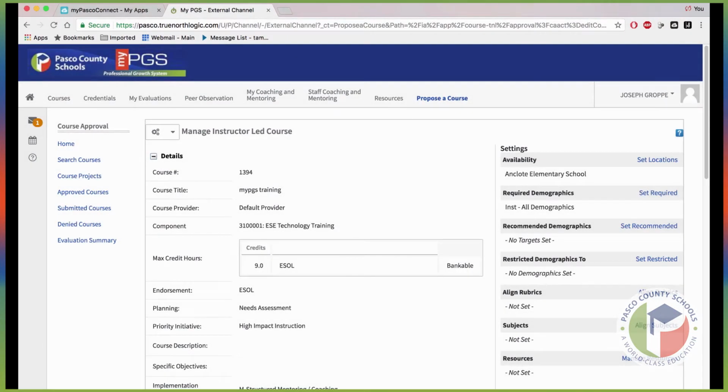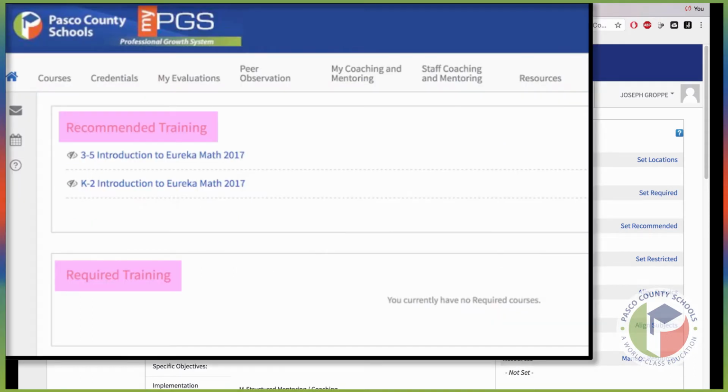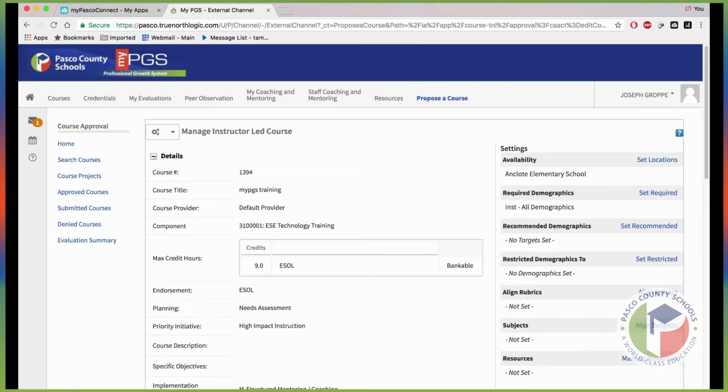At this point, it's important to note that when you log into myPGS, there are things called channels. Within these channels, for example, it would be required or recommended. Those types of channels will automatically be populated with the course that you're creating if you so choose. So for example, if you were an ESC teacher and this course was required for you to take, here's how you make sure it pops up in that channel on the home page called Required. It's also important to note that the instructions I'm going to show you now are for both required and recommended. So let's go ahead and click Set Required,